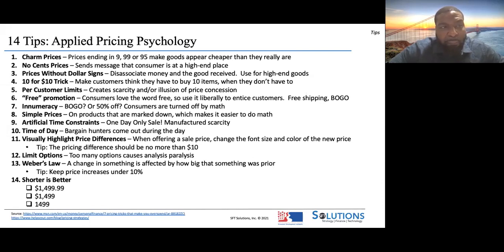There's another trick called bundling. So basically you say, hey, you buy 10 of these for only $10. So you're making the customer think that they have to buy 10 when they don't necessarily have to. Each one of those items could have been $1 regularly, but all of a sudden you just move 10 of them because the customer thinks that they have to buy 10. Per customer limits, I've seen some instances where that could be implemented. And that's going back to the illusion of scarcity that we talked about before.